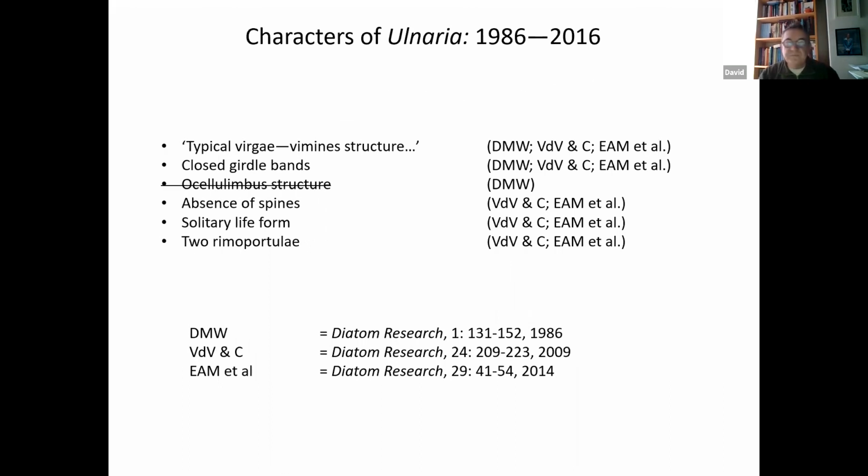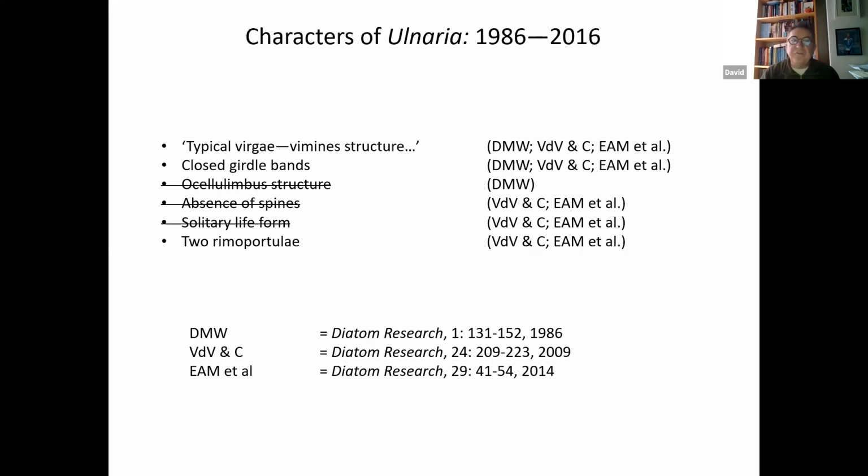Well, first, the ocellular limbus structure. I think I was wrong on that. As I looked at more specimens, it was clear that it didn't define this group. It defined a much, much larger group that excluded those species that had the first 2 characters. The second thing was absence of spines. Well, we can argue about that if we like, but absence of something doesn't tell you anything in terms of characterizing something. It definitely tells you something about specimens in terms of identification, but nothing about what it is.